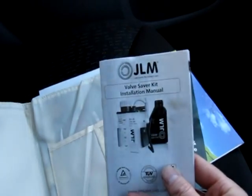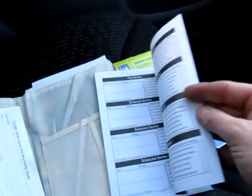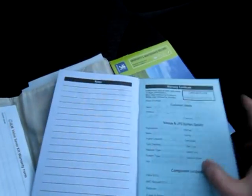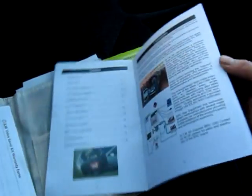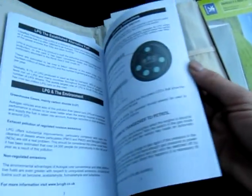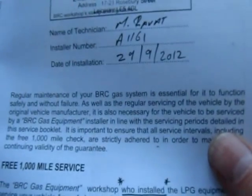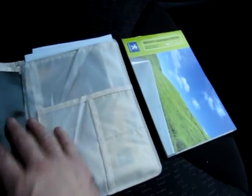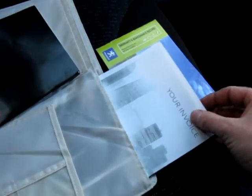Instruction manual about the flash lube is here, the JML system, and also the warranty booklet from BRC with the customer's details there and where everything's been fitted. And there's a sort of quick reference guide here on how the LPG system works, the series of lights and various other pieces of information. Date of installation there, 29th of the 9th 2012, which is today's date. So all the LPG documents are here, along with all the handbooks for the Peugeot that came when it was brand new,